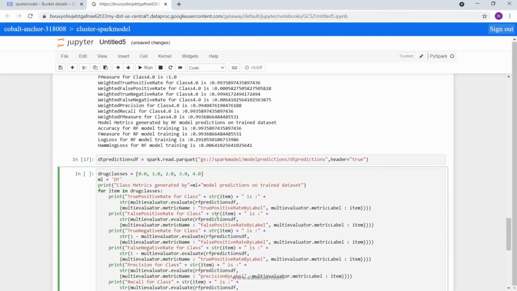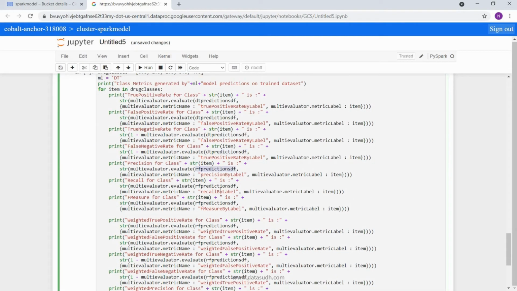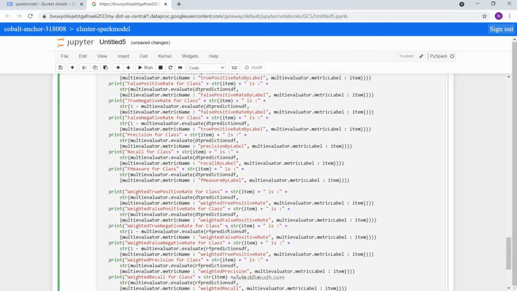When we calculate the evaluation metrics, formulas and everything will stay the same. The only difference will be this time we will be evaluating it on the data set which has been predicted by decision tree model. So I will replace RF predictions DF everywhere with decision tree model. We can also generalize this at the top.